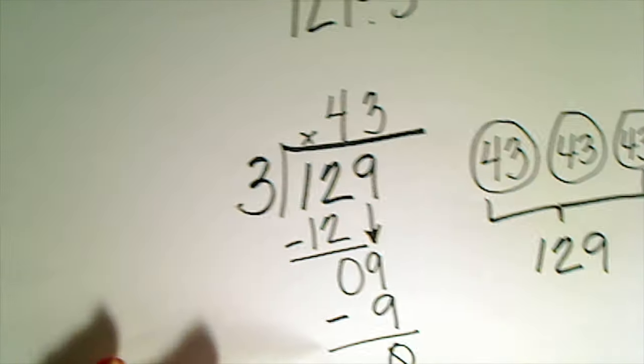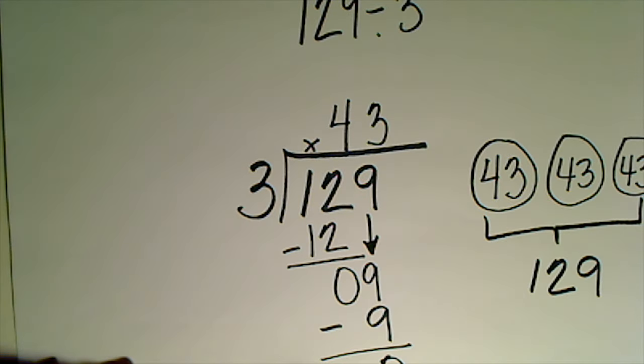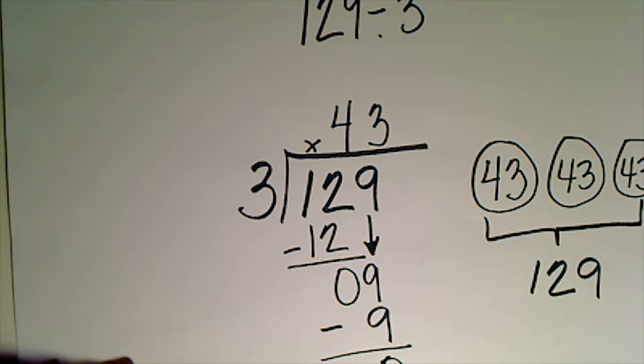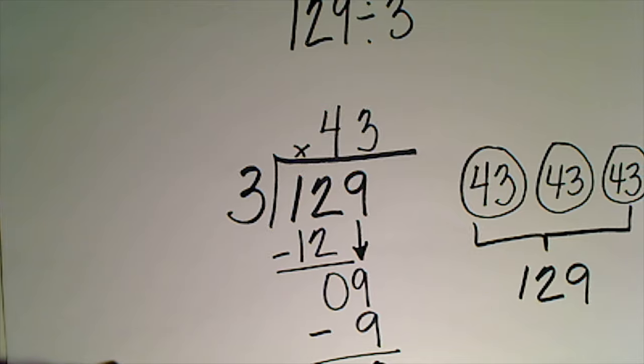Okay. Well, look, guys, y'all were so successful with this last one. Let's just add one more digit to the divisor and one more digit to the dividend and see what happens. I bet you can do it. And as a matter of fact, I know you can do it. So let's say